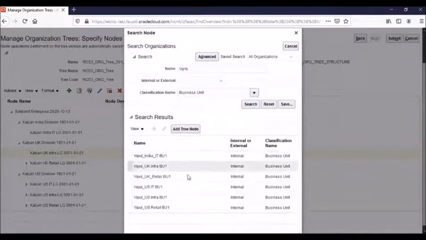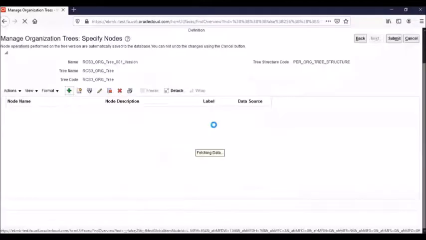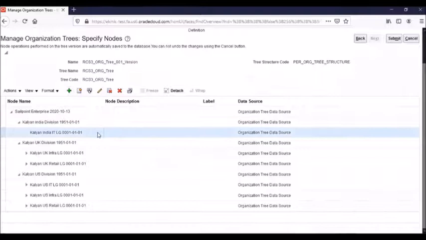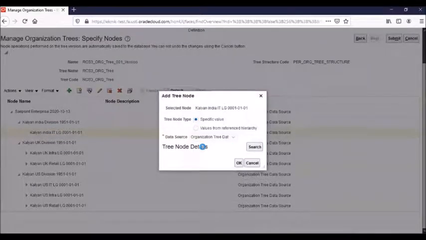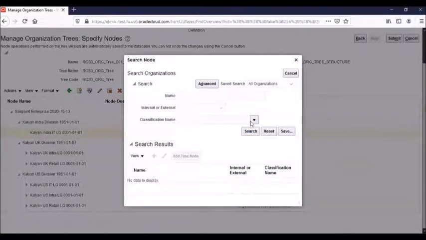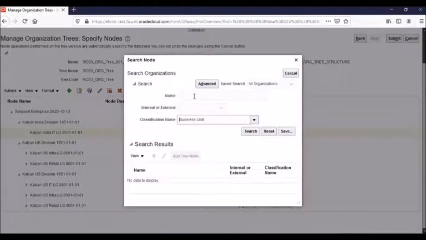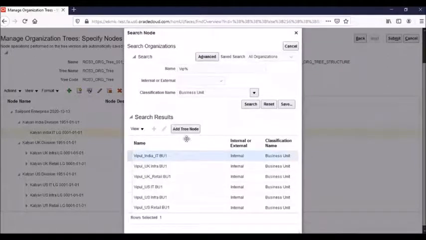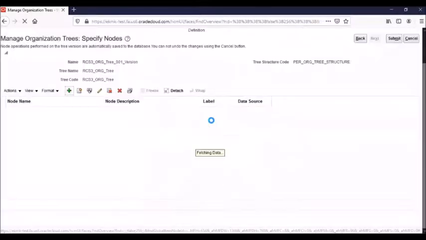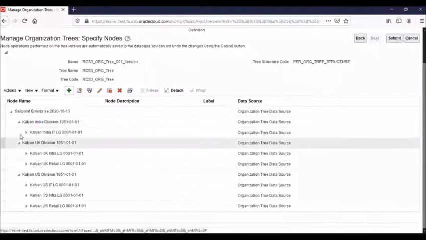Then you can switch it. So UK infra view, add tree node. For the India case, we have only one. Let me add that particular business unit. We put India business unit, add tree node. So this way you can create